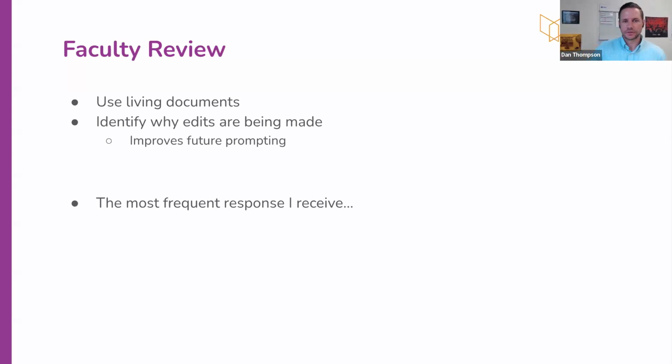And so I continually iterate, whether it's my own feedback for the prompt or whether it's from other content experts. I continually iterate and improve my prompts over time so that it reduces the amount of editing that needs to be done. And the most frequent response I receive anymore from faculty, the content experts reviewing this, is quite simply, Dan, eliminate the questions 2 and 8 because while they're good, I just didn't really emphasize those in the lecture.